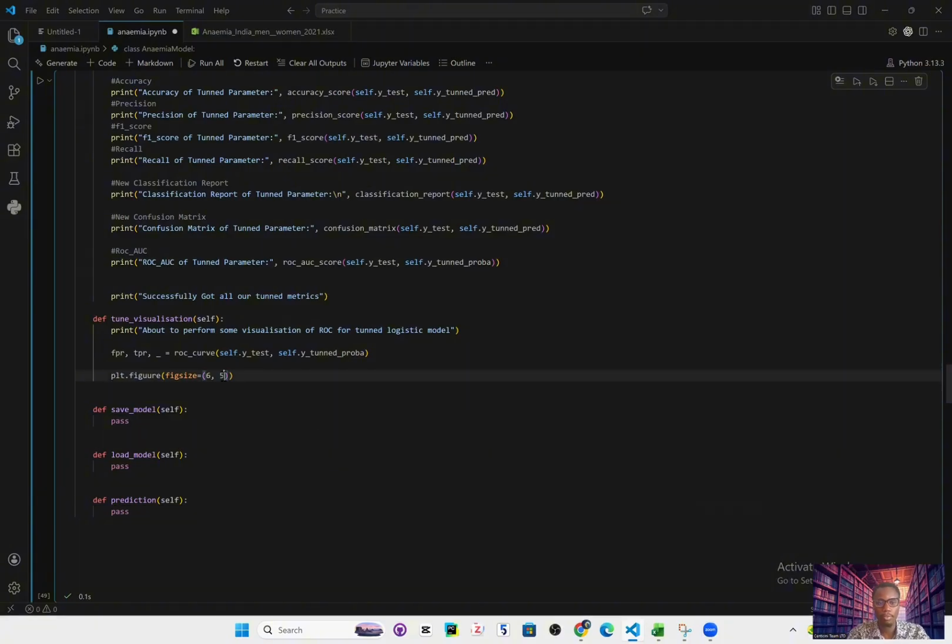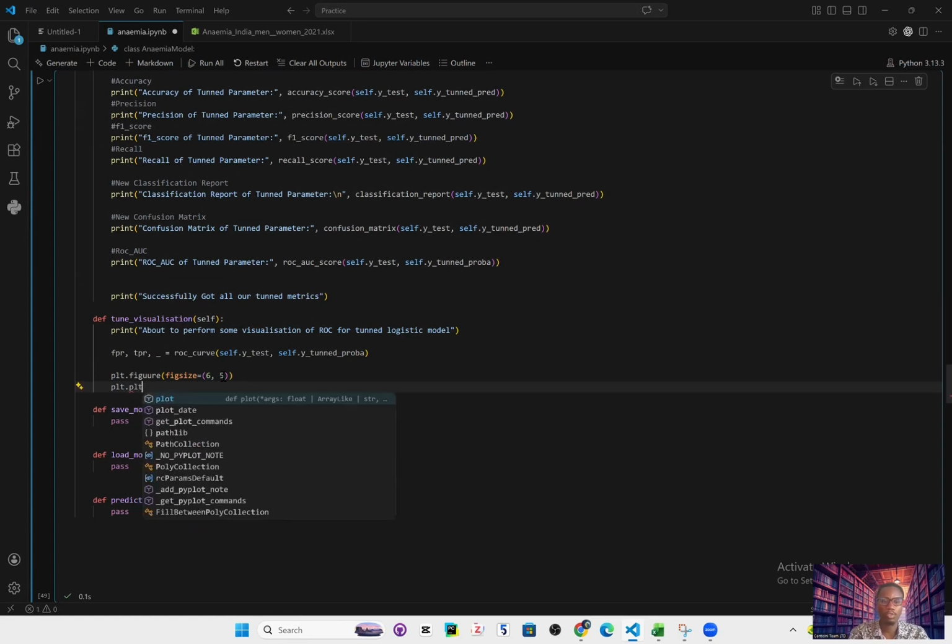I think 6 and 5 works. Plot. So this is going to be a line plot, and we're going to have FPR, TPR,